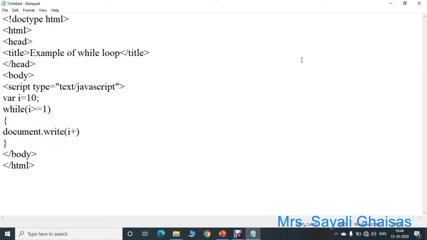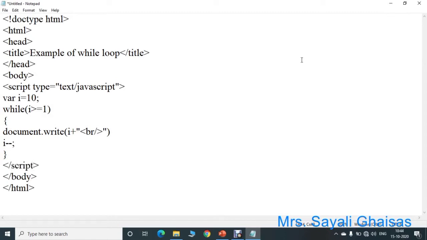To have a next line, we use a br tag here. Then we have to decrement the value, so for that we will use i minus minus, and then this loop is completed. Close the script tag.